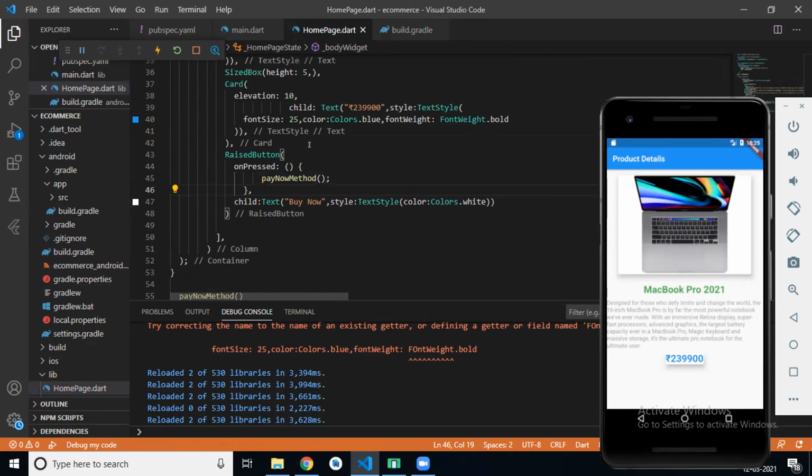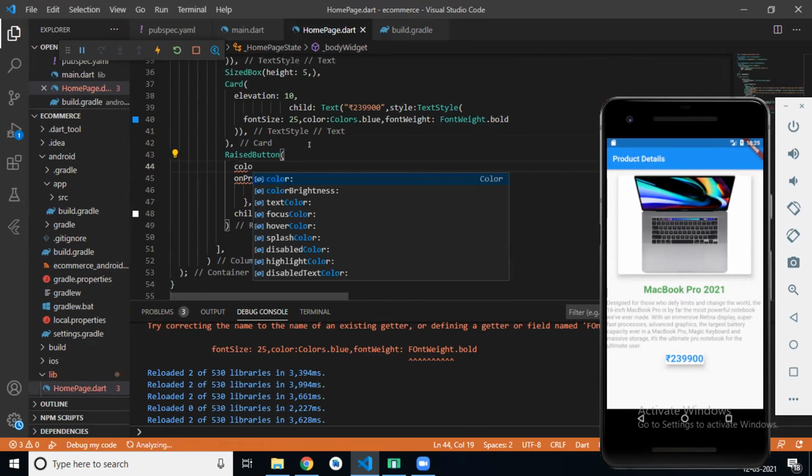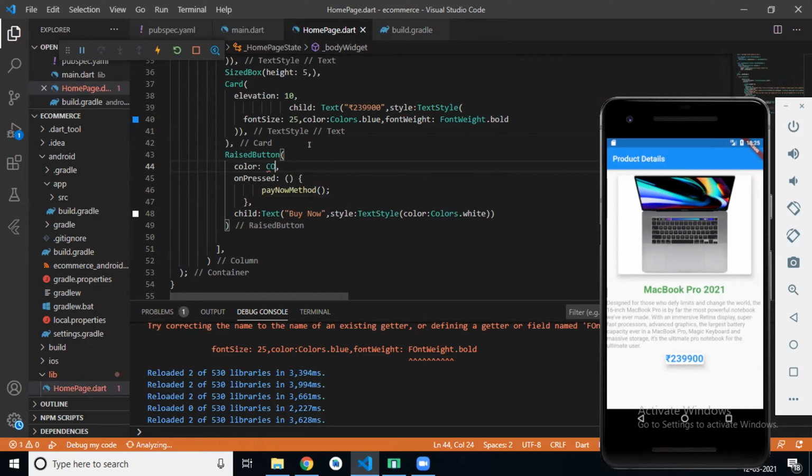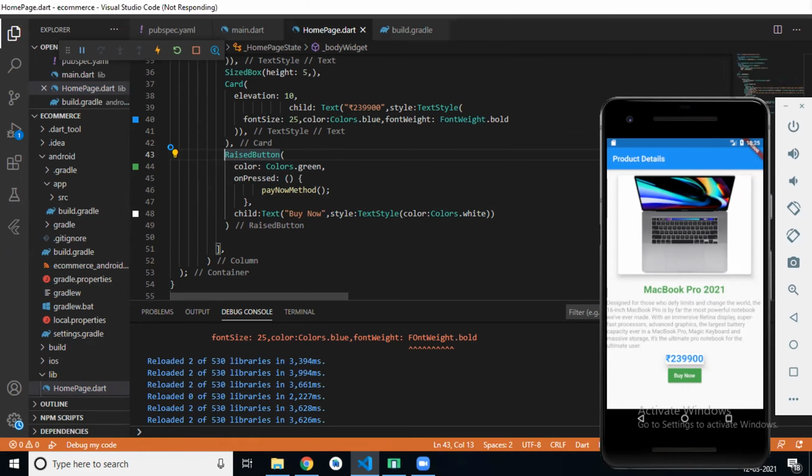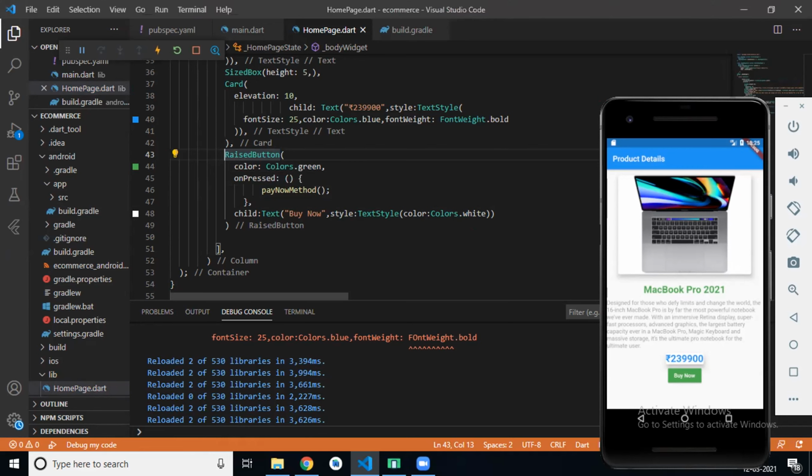So we have a raised button. We can set our raised button colors dot green. For the buy now button size, if I wrap this raised button with the container widget, then we can easily pass height and width of that container, right?